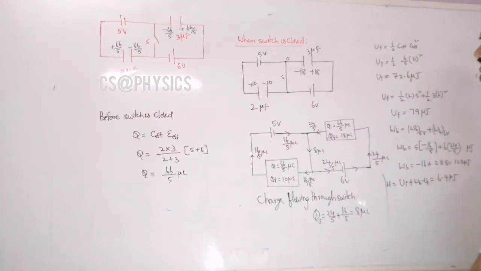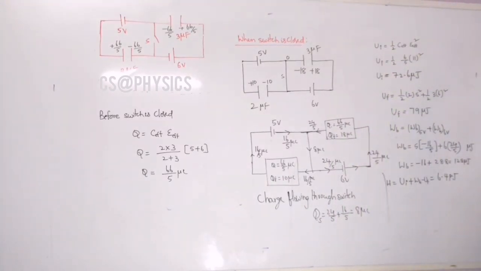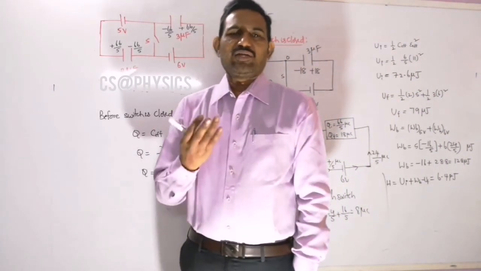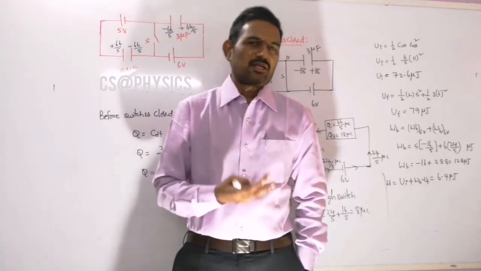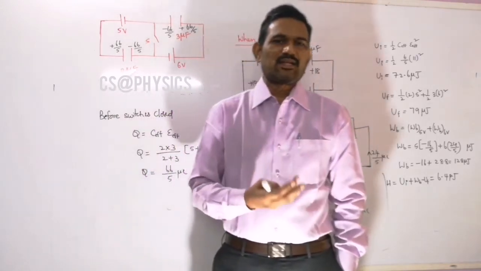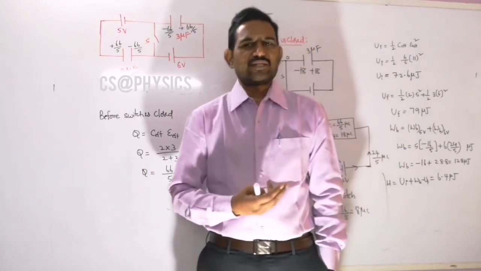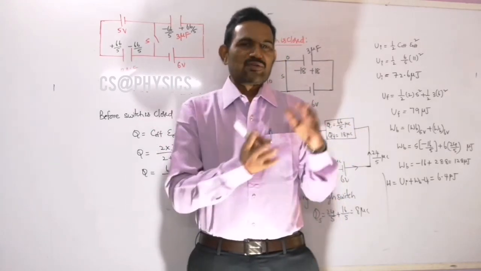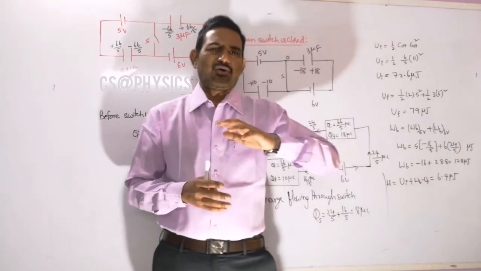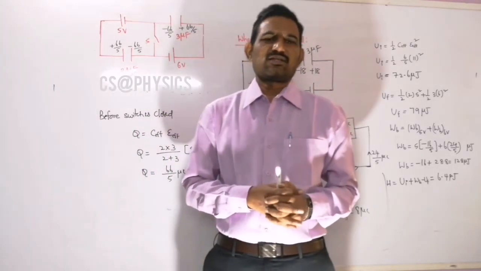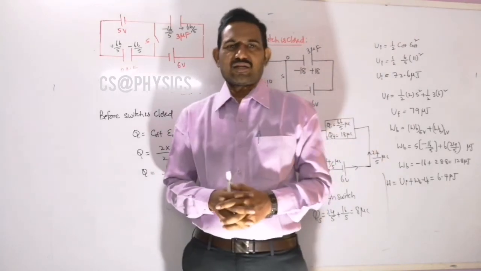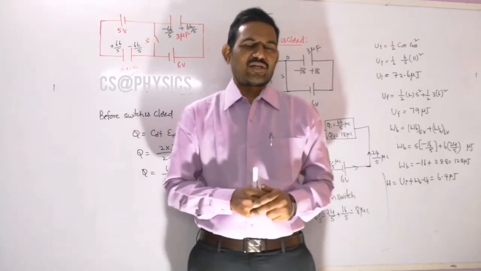And next, we need to calculate the heat generated in the circuit. The heat generated calculations are the same. We need to calculate the initial energy, and then the final energy stored in the system, when two capacitors are there in the system. And here, interestingly, two cells are there. In all our previous heat generated calculations, generally one cell is there. Here, now two cells are there, so you should observe this calculation carefully.